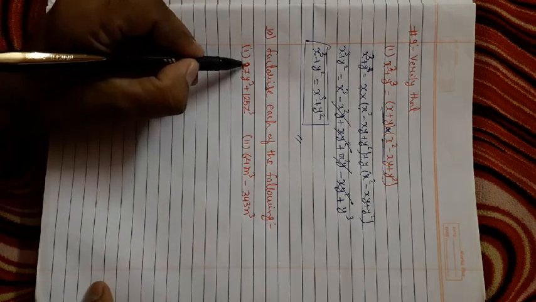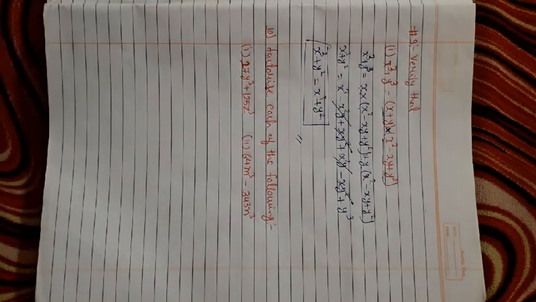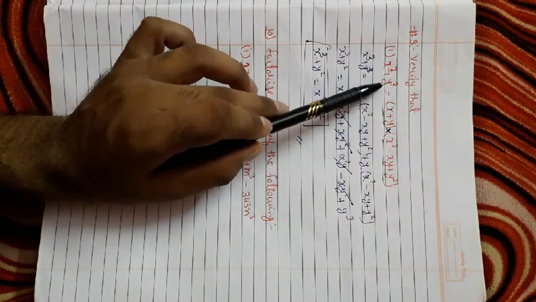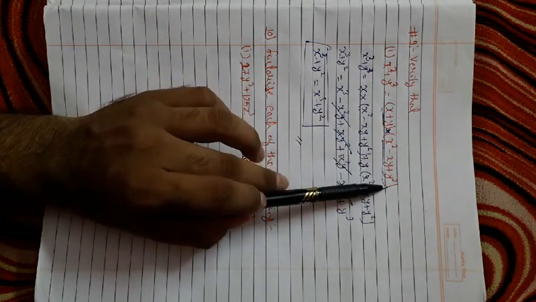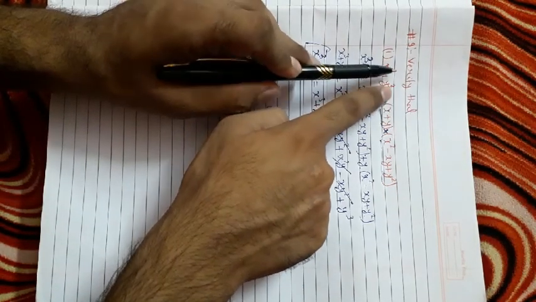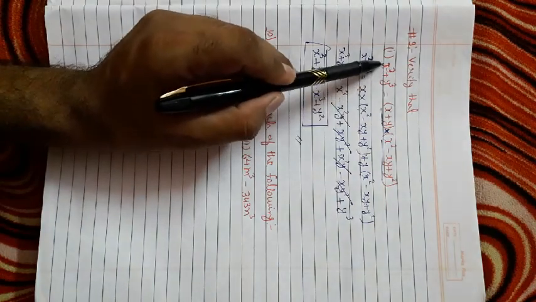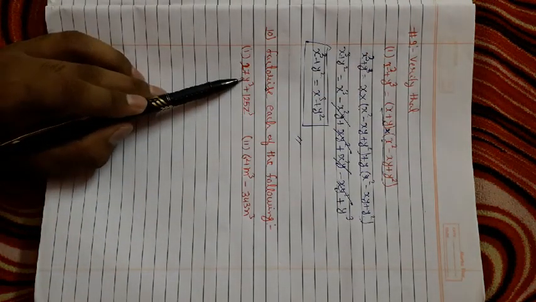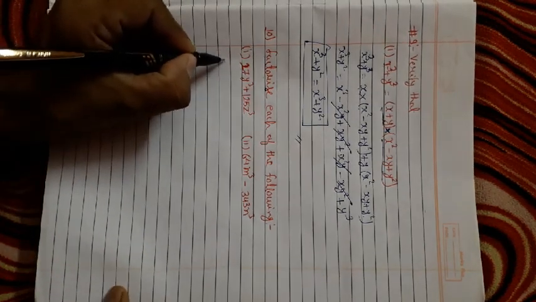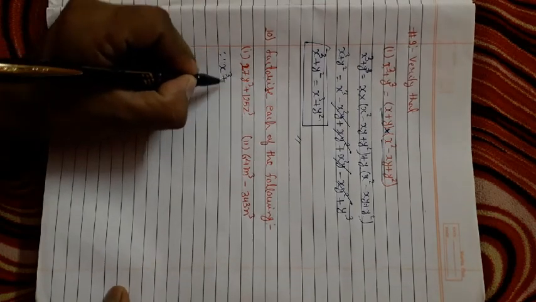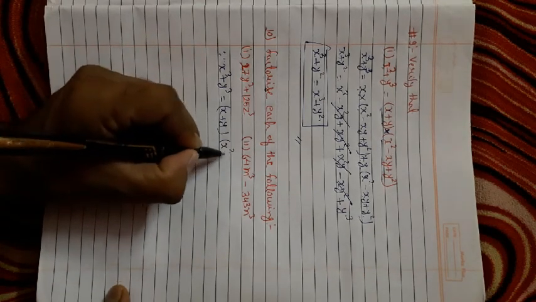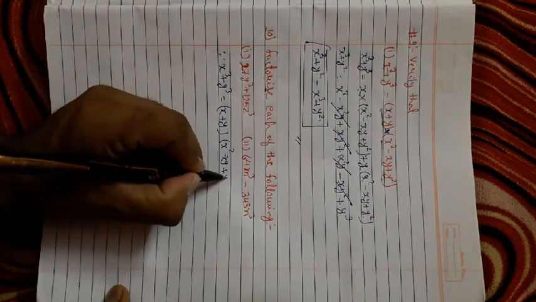When we compare this sum with our identities, we come to know that in the ninth question, the first question of ninth was x cube plus y cube equals x plus y and x square minus xy plus y square. So this identity can be compared with this. There were also two terms, their powers are 3, and between them a positive sign. Here also we have y cube and z cube, between them positive sign, and two terms. So we'll use the identity x cube plus y cube equals x plus y, and x square minus xy plus y square.